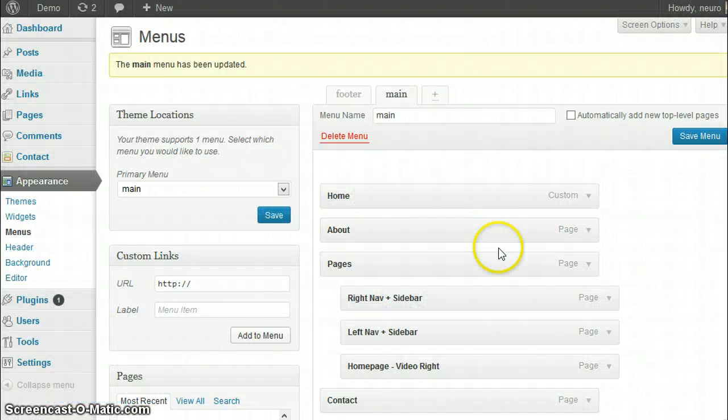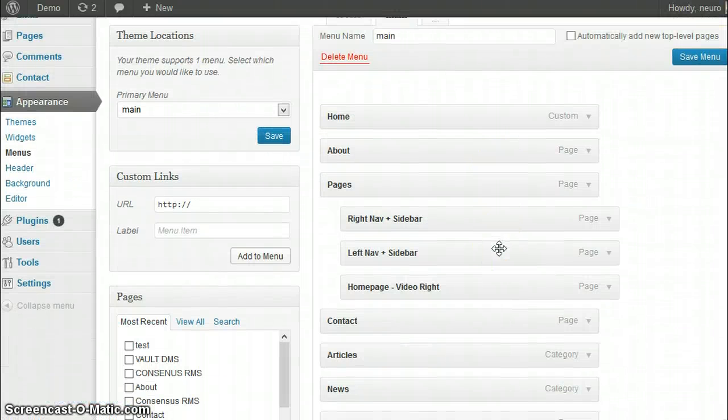Now, let's just say you don't know CSS, you don't know how to capitalize the wording in your menu. The default CSS is set to capitalize, and let's say you want to make it uppercase, all uppercase. Or let's say that you only want to make certain words uppercase. Or let's just say you want to keep the page name to be About in the page structure, but on the menu you want it to say About Us. Well, that's very easy with this WordPress